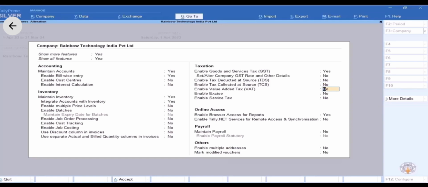Other taxes. In Tally Prime, apart from GST, TDS and TCS, the option of other taxes is available such as excise duty, service tax, VAT, etc. All these taxes are not applicable to every business after GST introduction. These are used in limited business industry type only. Given options such as VAT, excise and service tax in the Tally data as per the required information.